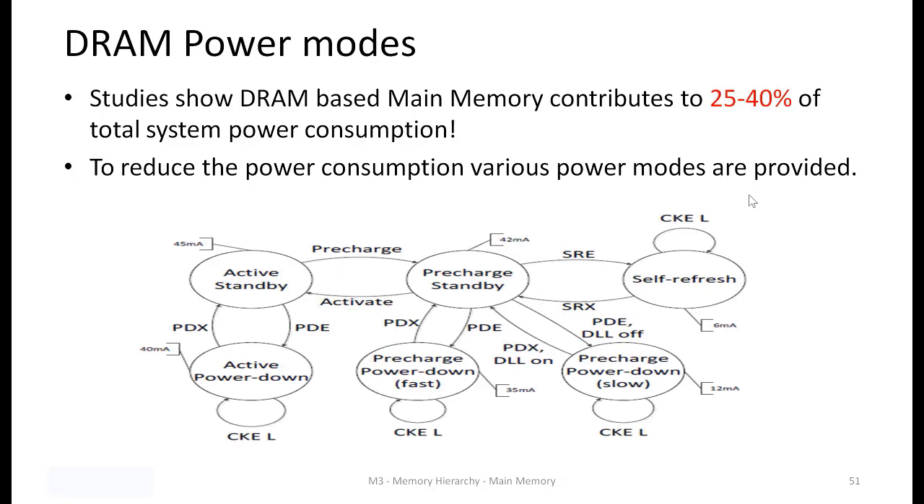So here we have a state diagram. I'll explain it step by step. In normal operation, a bank will be in active standby mode, and in active standby mode, it consumes 45 milliamperes of current. It requires that. And then if all the banks of this rank are precharged,